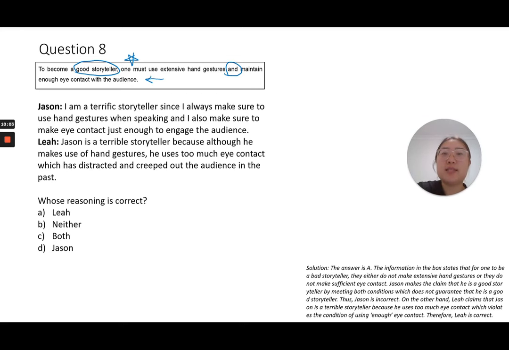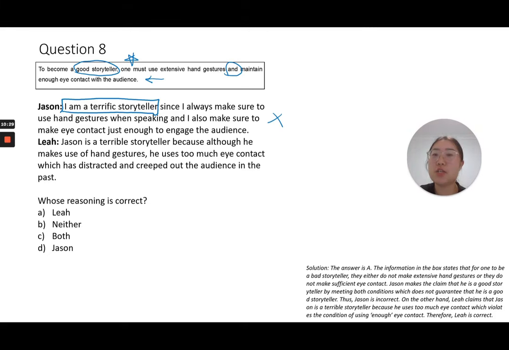So Jason's reasoning is incorrect because he is very confident. I am a terrific storyteller. We cannot tell. Even though he has fulfilled the two conditions here, the box itself does not say that's the only thing you need. So Jason's incorrect. Now Leah says, Jason is a terrible storyteller because although he makes use of hand gestures,